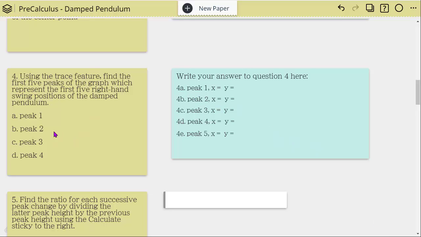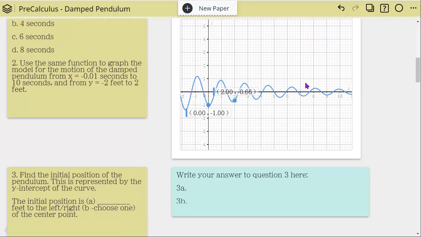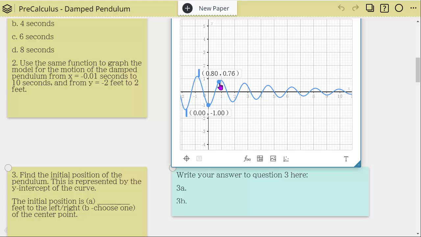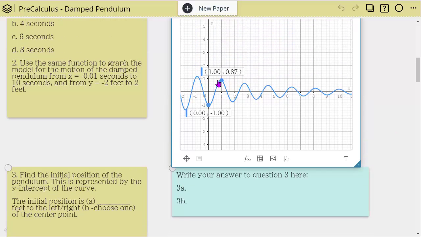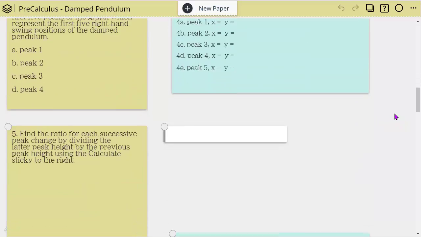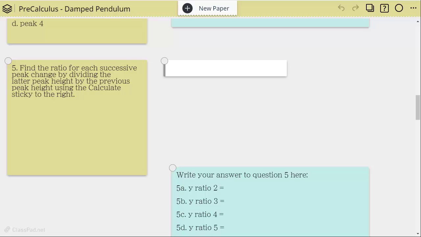And same thing here. They're looking for the peak. So if we go back up to the graph, they're looking for these peaks. So this is peak 1, peak 2, peak 3, peak 4, peak 5. Where are they? So if we take that movable point, we are at the peak at 1, and it's at 0.87, right? And then we would do the same thing. So we're just basically using our points, our tracing ability, to find the peak values for the x and the y. And then what they're going to do is